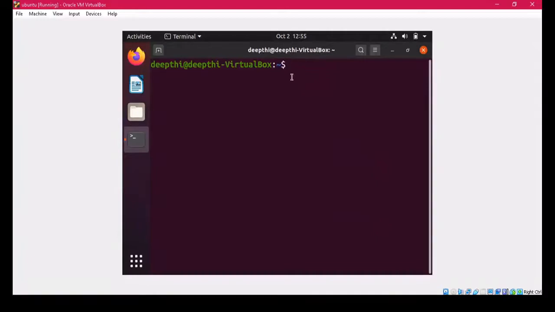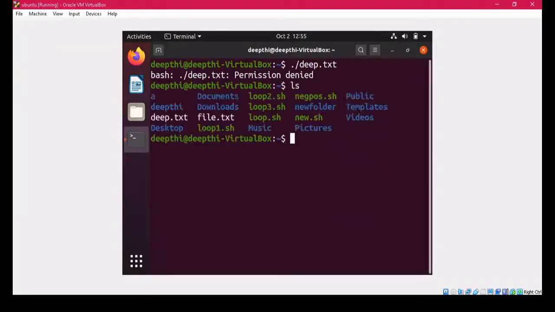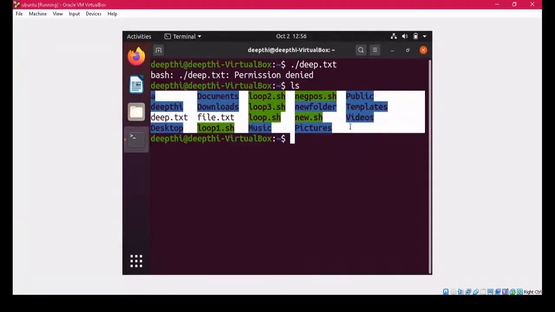Now, how to run a file? To run a file, we use dot and then forward slash, and after that you name the file. So dot, forward slash, and then the name of the file, d.txt. Now it is saying that permission is denied, so you cannot run this file. As this file has not yet run, you can see that lab1 and lab2 are not created, because it has not successfully run.